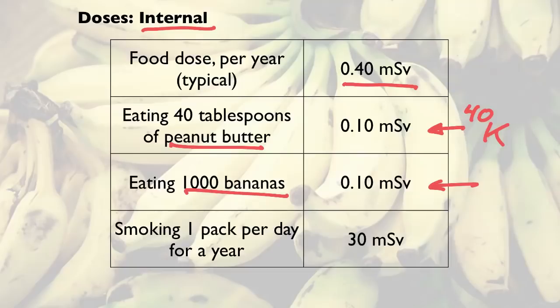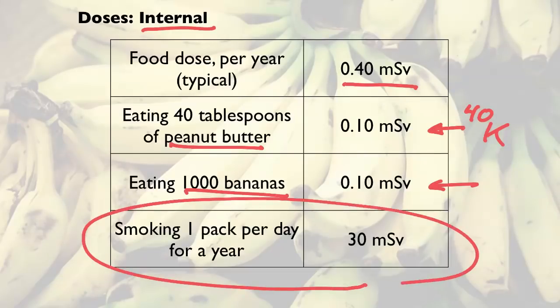On the other hand, here's a place where you're going to get a significant dose. Smoking. If you're inhaling particles into your lungs, you're going to have a 30 millisieverts dose. That's 10 times the natural background dose to your whole body, and it's mostly to certain tissues in your lungs. So this is bad news, and that's part of the reason why smoking is dangerous. I mean, you didn't think this was a healthy activity, but this is one of the reasons why. You inhale radioactive isotopes, and they damage sensitive tissues in your lungs. So go ahead and eat some peanut butter on a banana, and it's fine, but if you're a smoker, I want you to think twice about that.